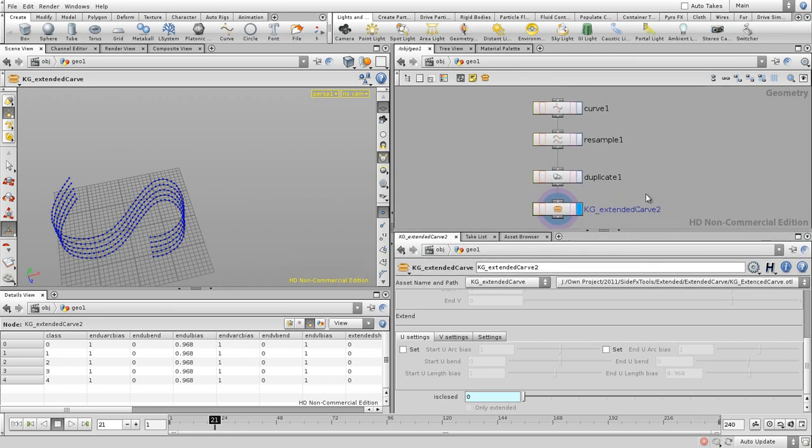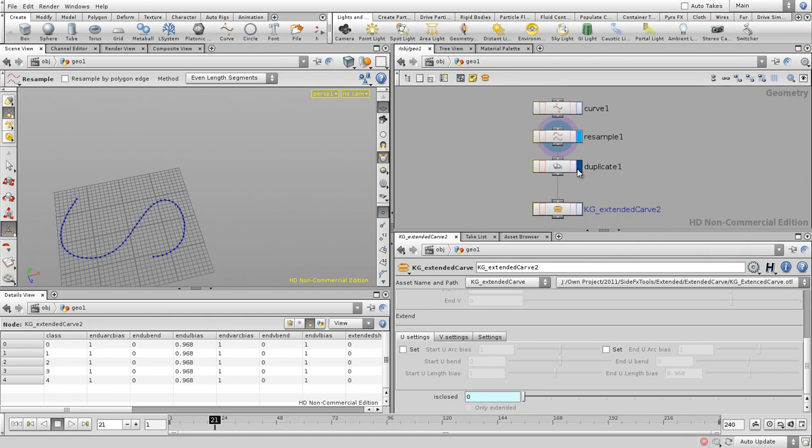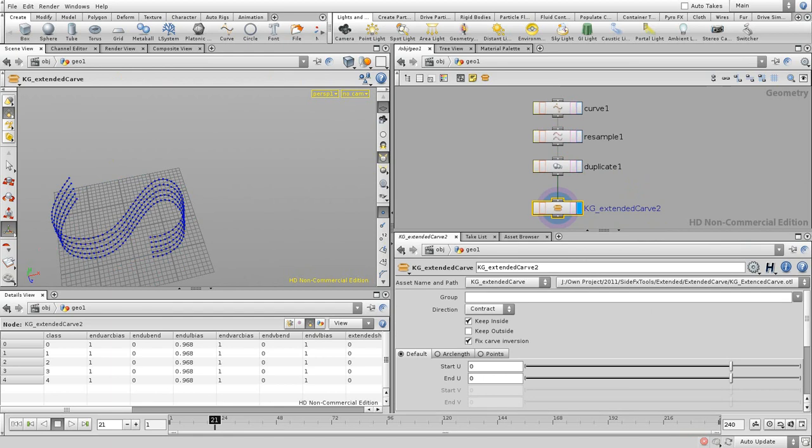Hi, in this tool I'm going to demonstrate the functionality of the KG-ExtendedCarve. So what we have here is one curve. I resampled the curve and duplicated it so we have multiple curves over here. The basic functionality is that by default you have a contract direction in which you can make the curve smaller. This is the default behavior, making it smaller,